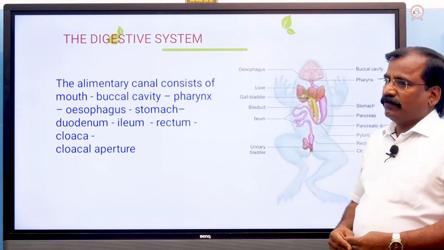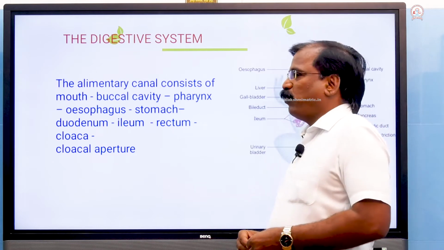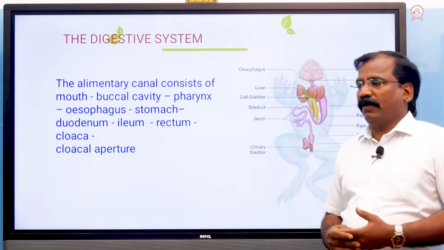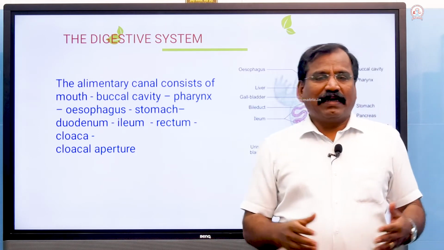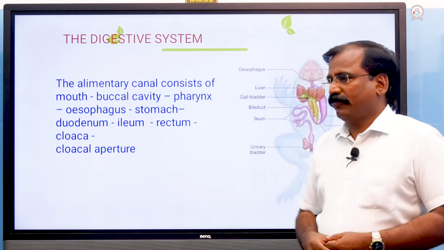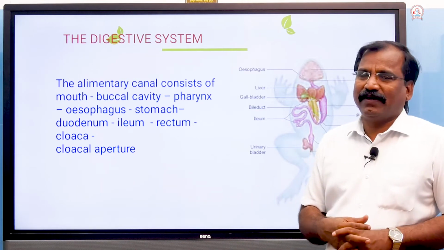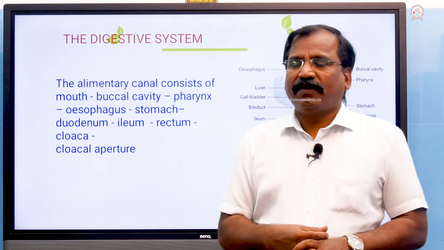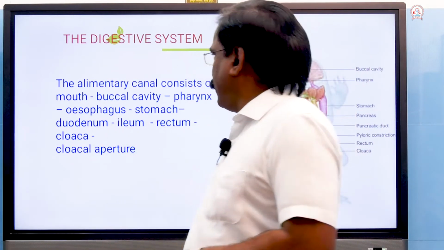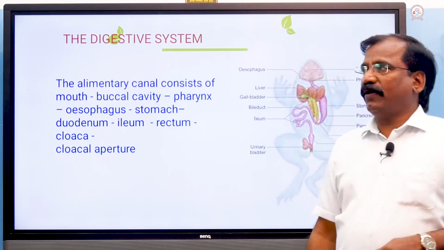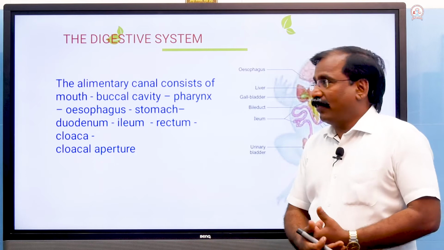So listen. You know the digestive system is meant for digesting the food. It's related with nutrition: ingestion, digestion, absorption, and assimilation of the food. So that takes place. This system is responsible for digesting the food in all